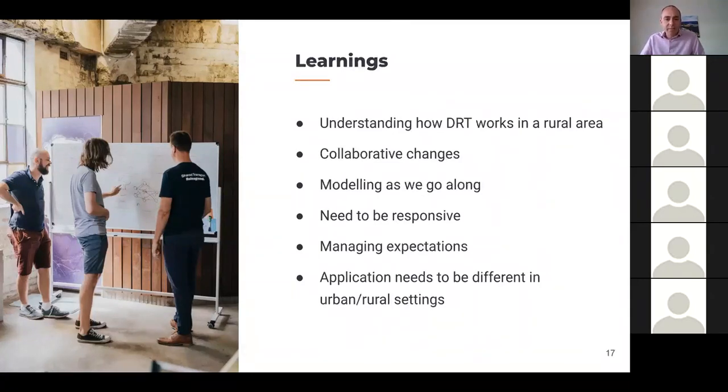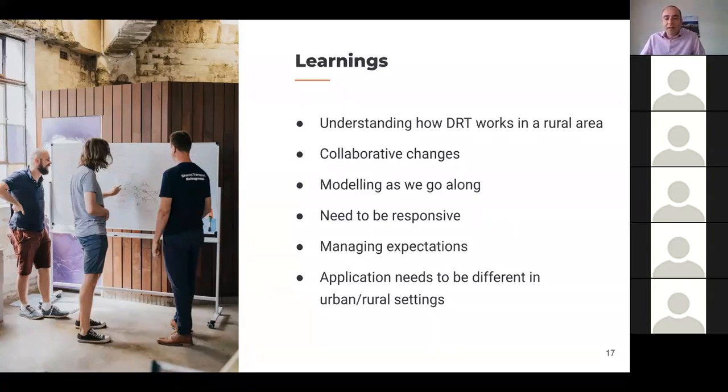Having said that, we do need to be responsive. Liftango have been very keen to implement changes quickly where we have found issues. For instance, customer messaging on the app, we've changed some of that. We've changed some of the zones that we operate in to be able to reduce the risk of abstracting from the commercial network, which is going to be particularly critical when the government's CBSSG funding ends.